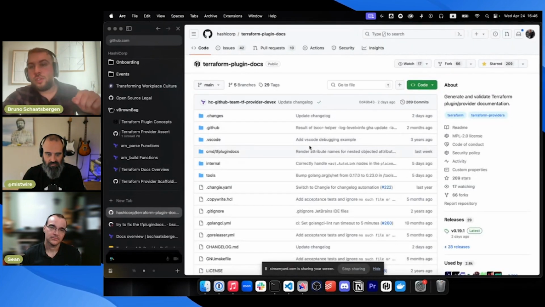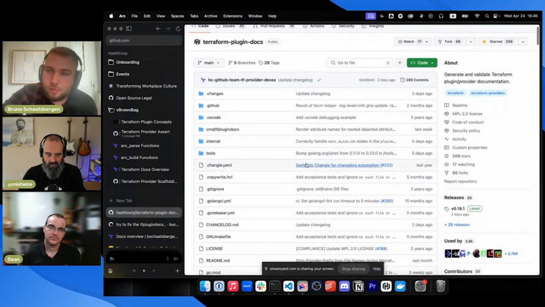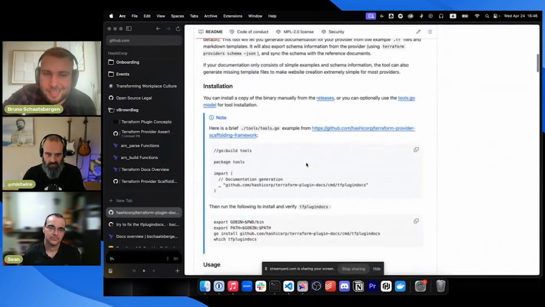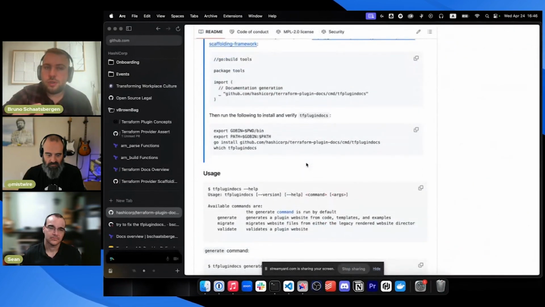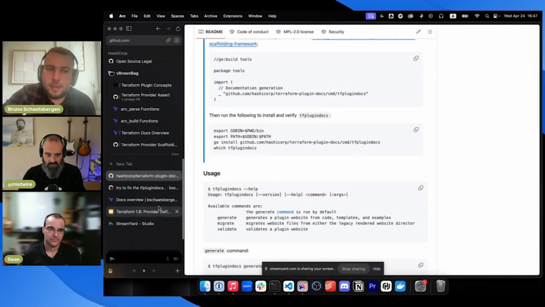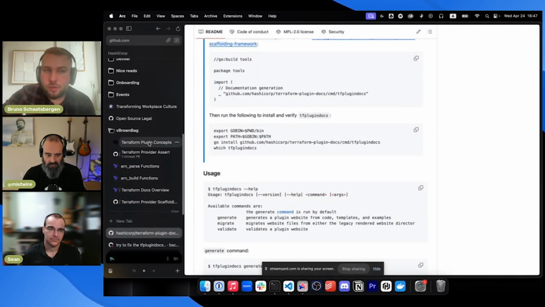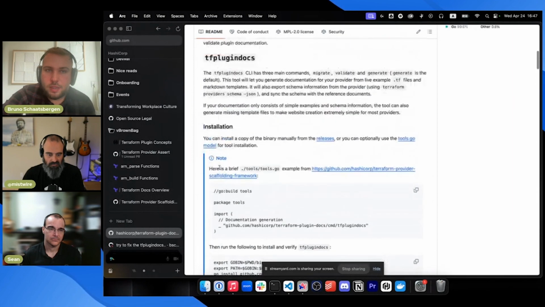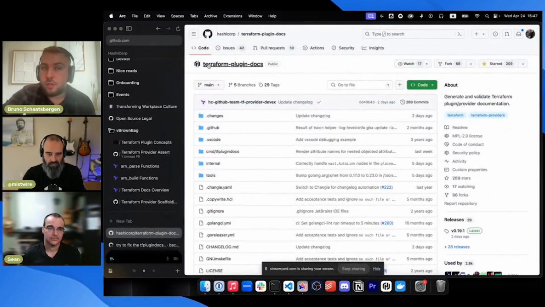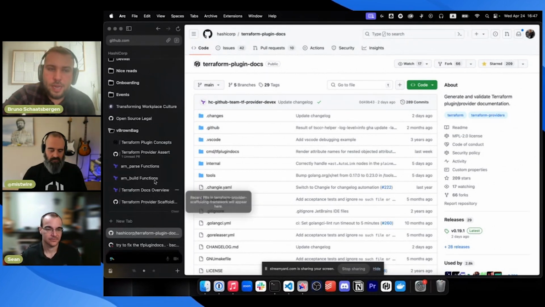Yes, so there's a generator for plugin and provider documentation. It actually reads through the source code and generates documentation for you. It's called Terraform plugin docs. I think Chris can maybe share the link with you. But if you go back to the assert provider,